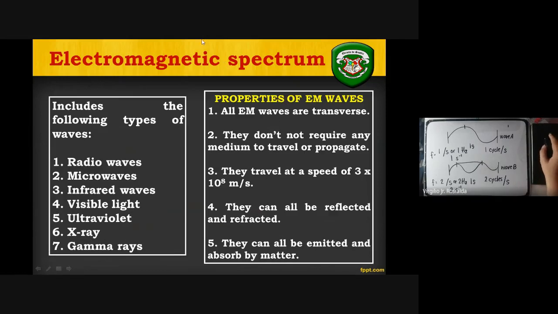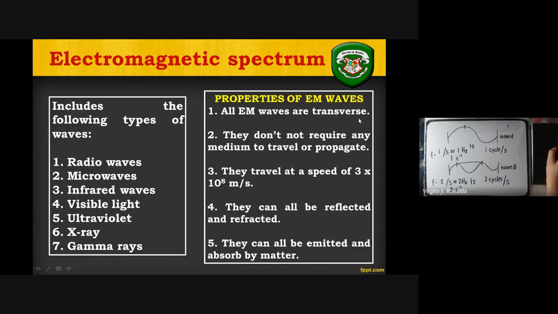So if you're going to enumerate the different properties of these 7 EM waves, the first one is all EM waves are transverse. As I said, electromagnetic waves are classified as transverse waves because they are moving up, down, up, down. Okay? So number 2,